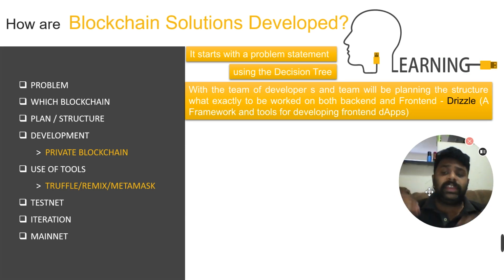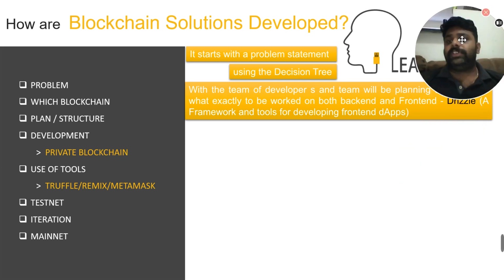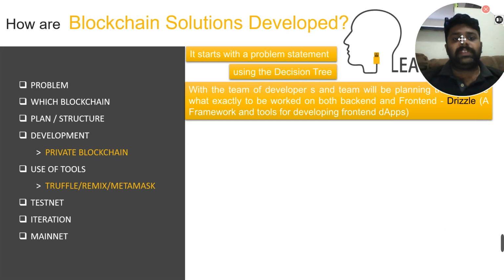Okay, so here the front end, if you see the front end, what is the basic front end you'll be using here? Here we will be using Drizzle. Drizzle is nothing but a framework and a tool for developing front-end apps, so apps is distributed apps. And next it comes to